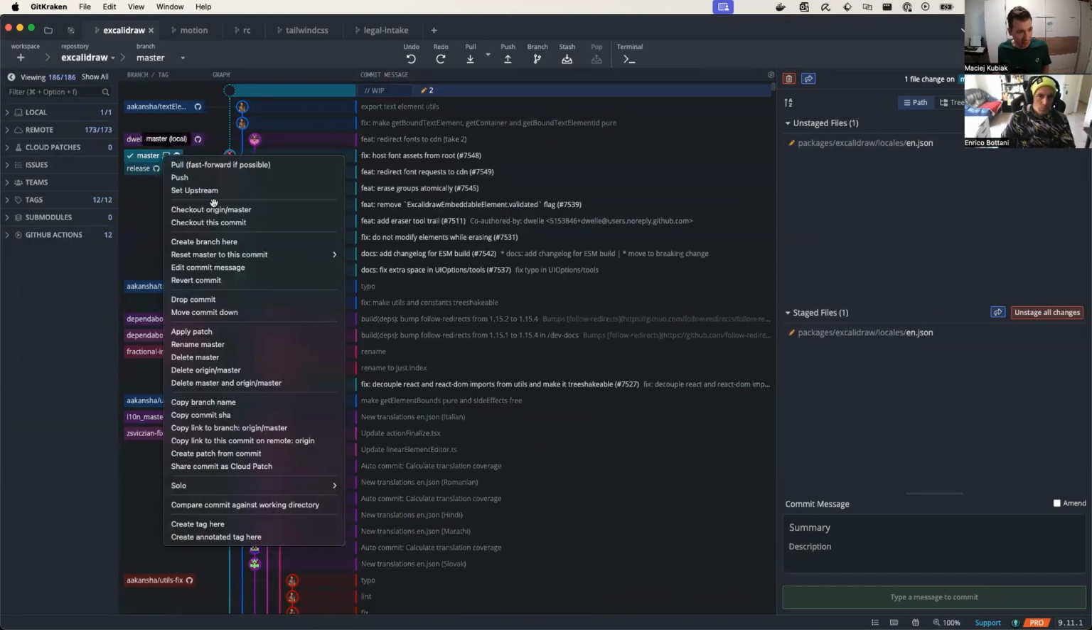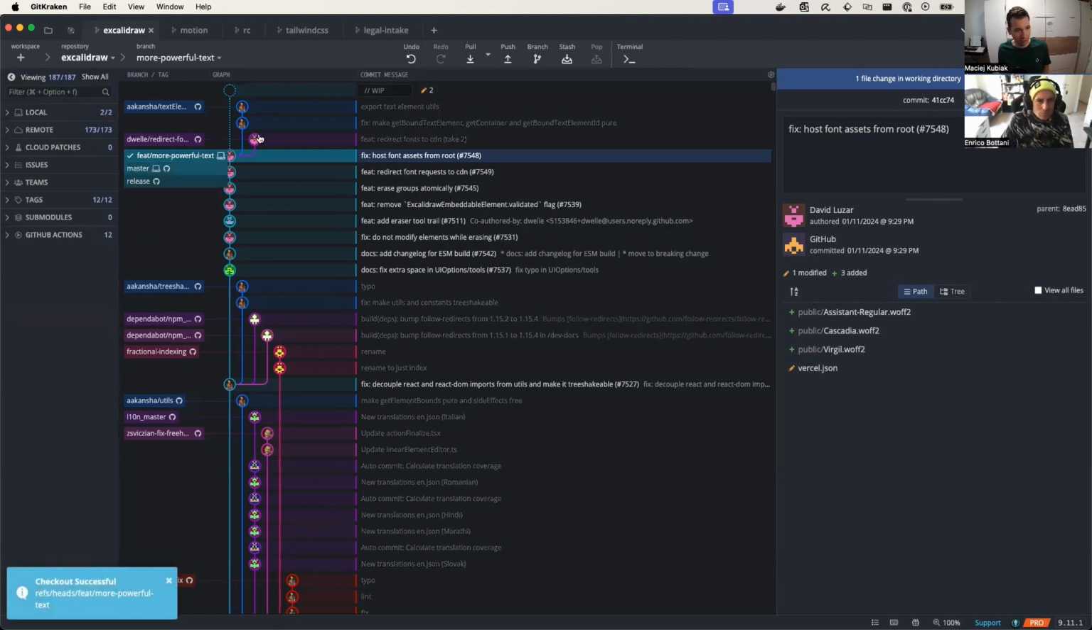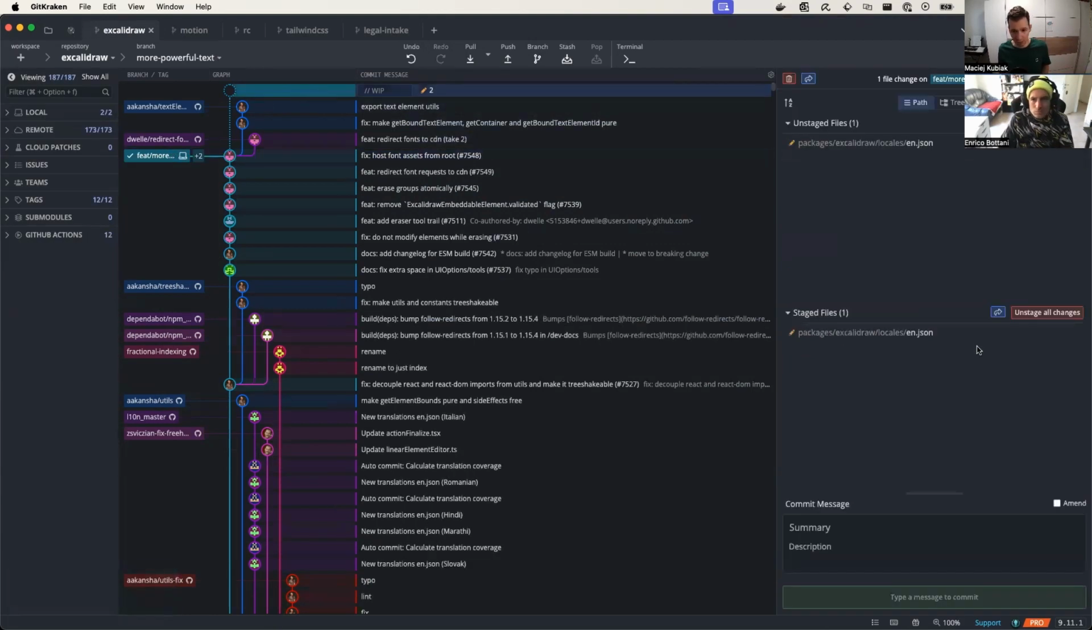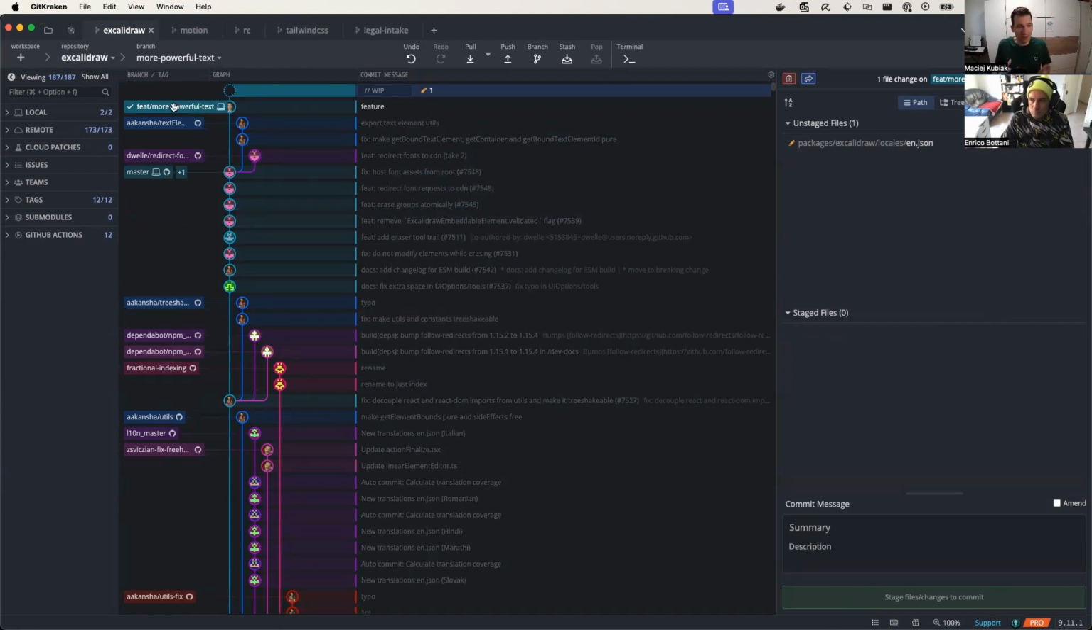And I can, for example, just open my context menu and create a separate branch for this. So create branch here. Let's say it's a new feature, more powerful text. Ta-da, I already have my branch. So now if I commit the same changes that I had before, just call it feature, it's on a branch right now. So the stuff that we are doing every day, but it is just much more explicit here,